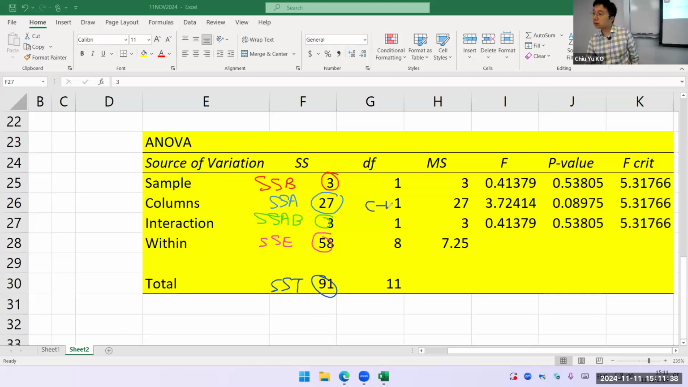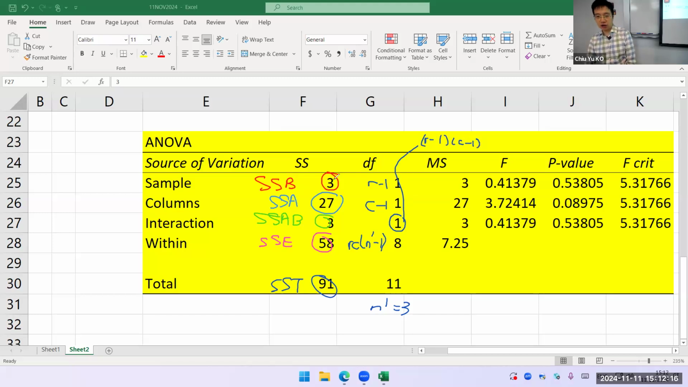C minus 1. This is R minus 1, right? And this is RC(M prime minus 1). M prime is 3 here. Okay. So it's 2 times 2 times 2, right? And interaction, remember, is what? Is R minus 1 times C minus 1,